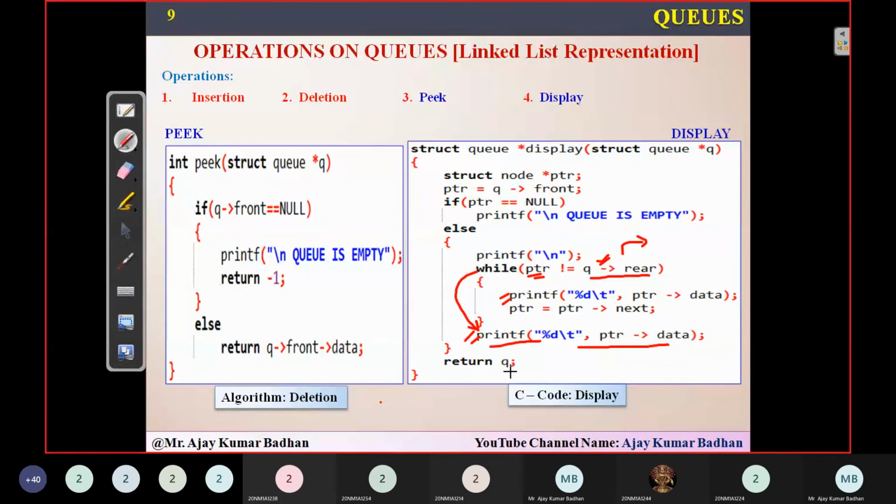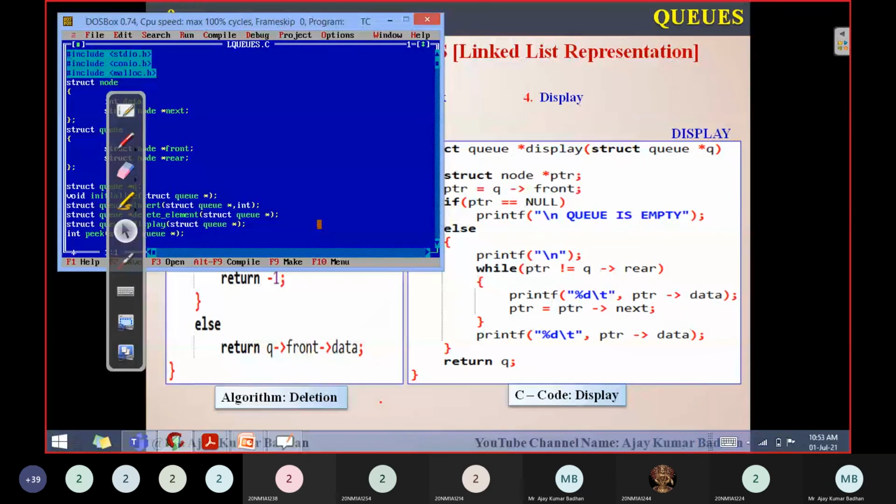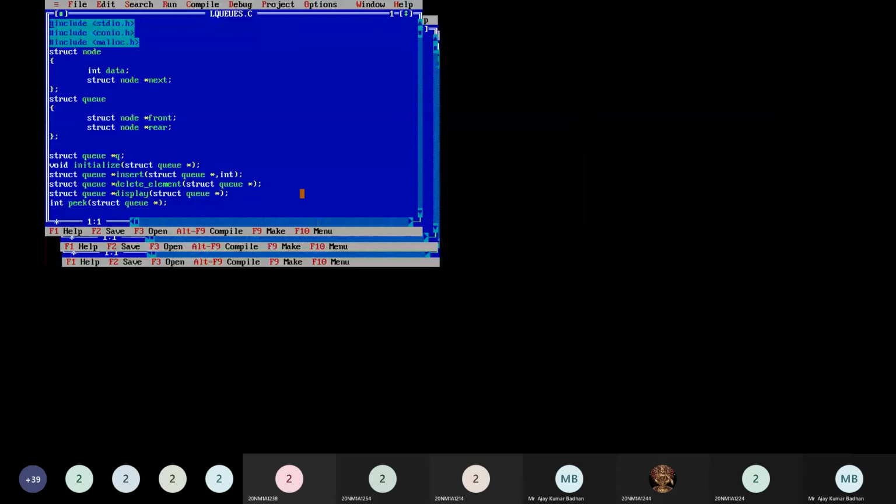Remaining process is the same. In a linked list we used to call return start. Here I'm representing that with Q now, so I'm simply writing return Q. That's it. This is how exactly this particular thing works. It's very easy to implement and easy to perform the operations. So let me show you the program. Just give me 5 minutes, it will be completed.